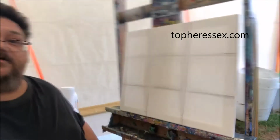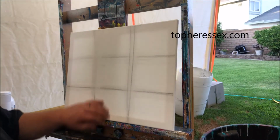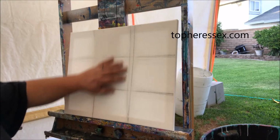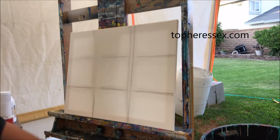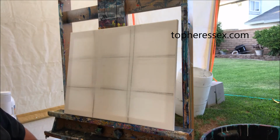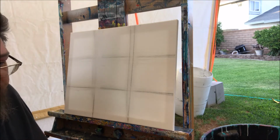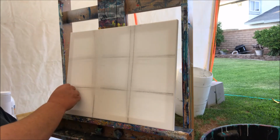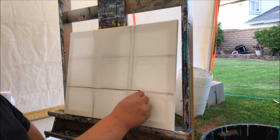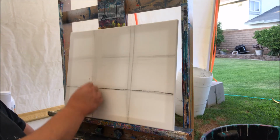So anyway, what I have here is a smaller canvas, just for time's sake, 16 by 20. It's a brand new canvas. I drew out my lines of thirds for composition purposes, and in a landscape, these are the things that I'm thinking about as I'm going. So our horizon line is going to be about a third of the way up, and our points of interest are going to be somewhere in this area